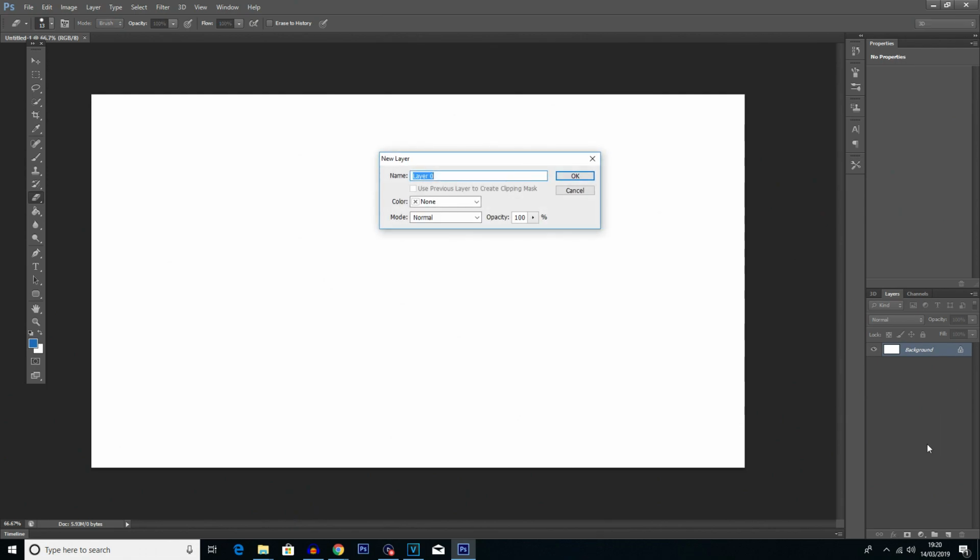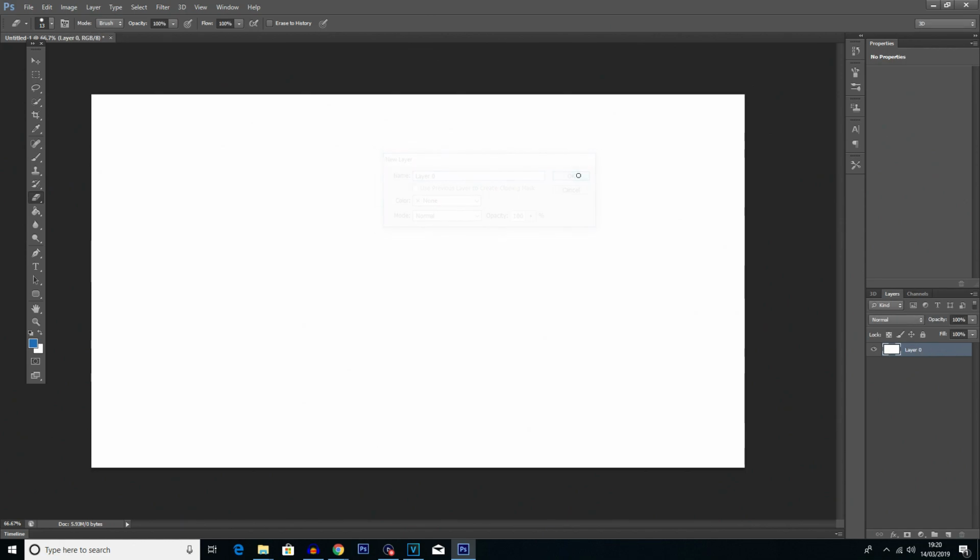But if we double click on this little lock here, we'll get the option to create a new layer and unlock the layer. We're going to click OK here, and this is just going to make it so we can actually edit the layer. Now we're going to go down to the new layer button here, click on that button, and as I said, you will get a new layer. Now you will notice this didn't make any difference to the document. We can still only see layer 0, which is the white layer,